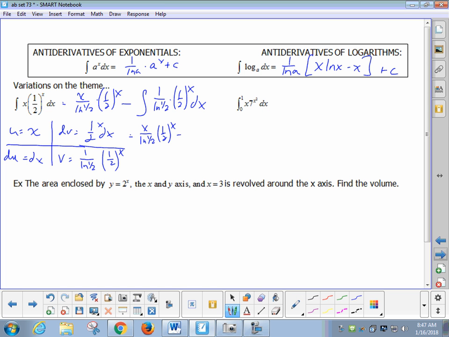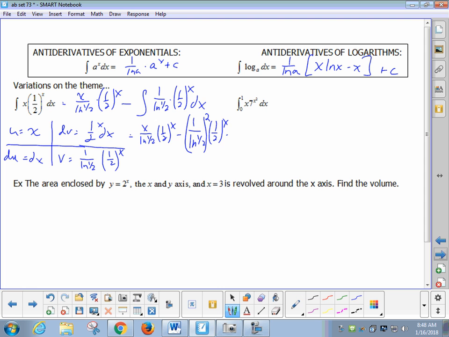Talk to me about what you might do. Bring the constant out front, and then let's do at the same time the antiderivative of (1/2) to the x. So altogether, what are we going to have out front of this? What's the constant out front? 1 over natural log of 1/2 to the second, because we're going to have two of them, either all squared or just the denominator squared, whichever you prefer. We had one, then we're going to pick up another one when we anti-differentiate (1/2) to the x again, times